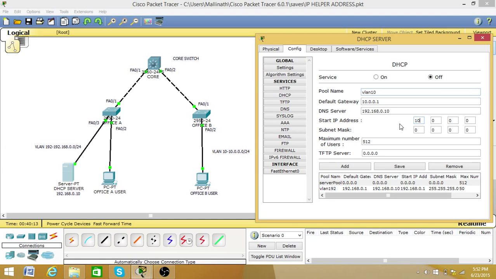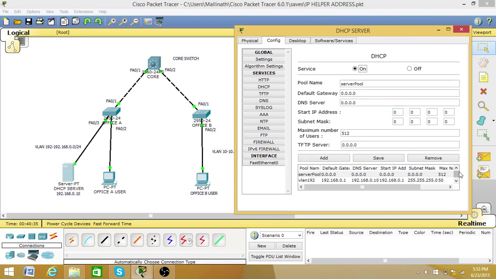Put 10 as the start IP and the same subnet, 50 users, and add it. Then click on, because DHCP has to be running,